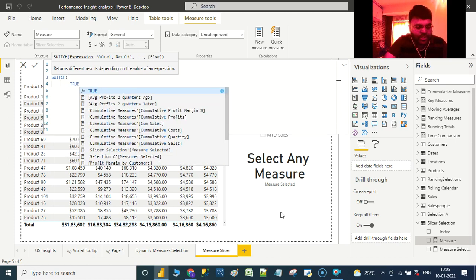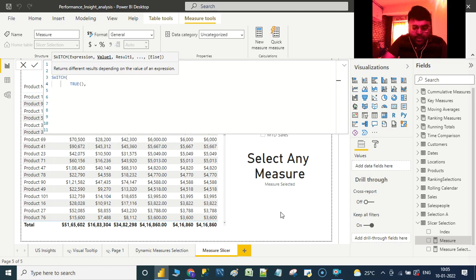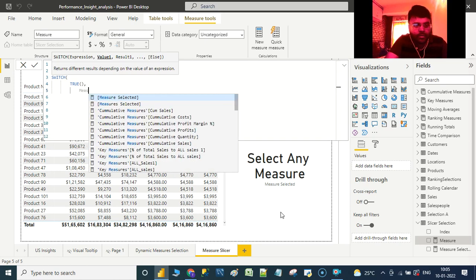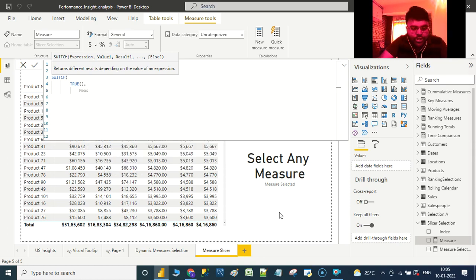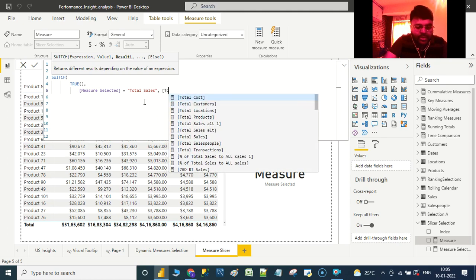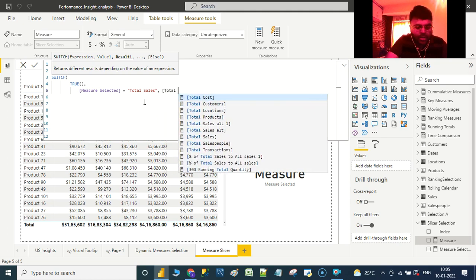Switch true, and let us use the previous measure that we have selected. The measure selected equals to, make a note here, this is a string, equals to total sales, then return me the total sales measure.